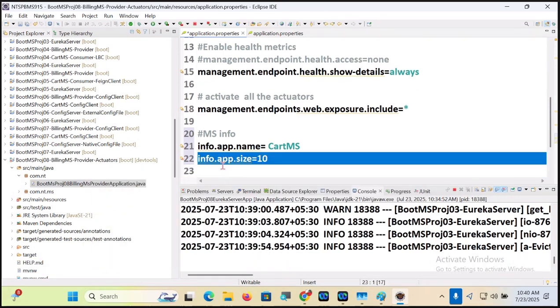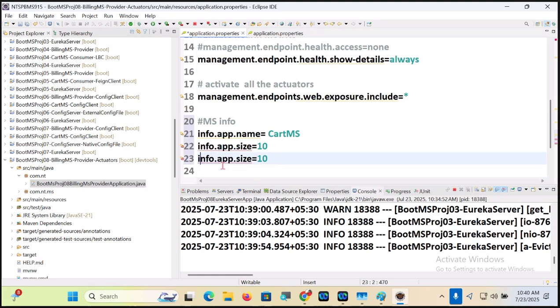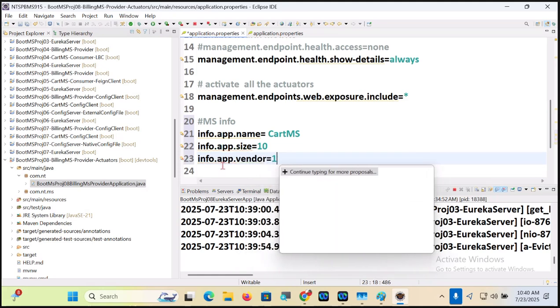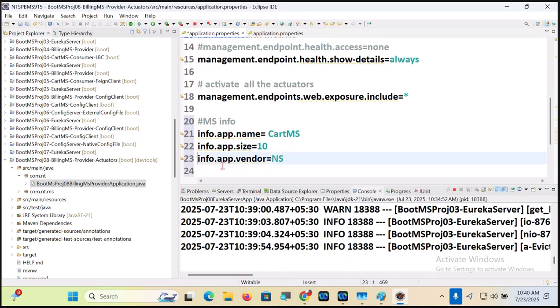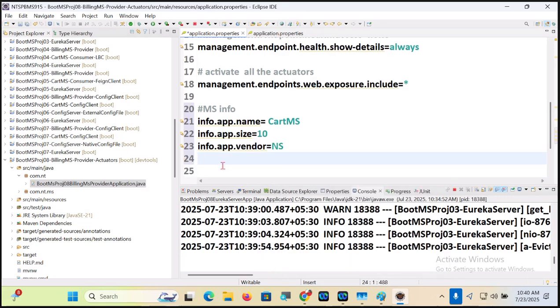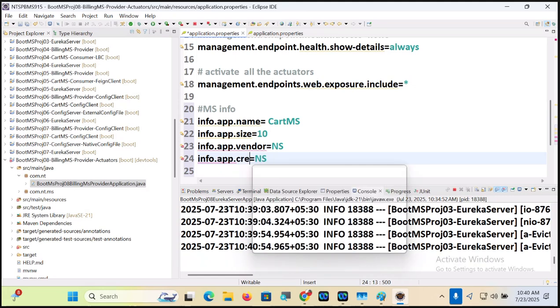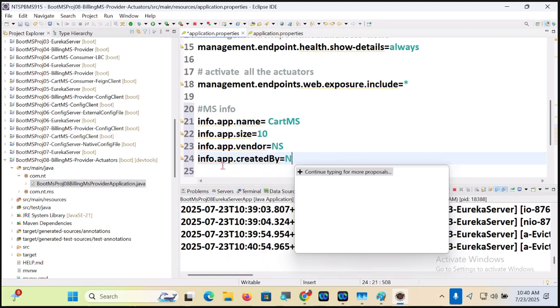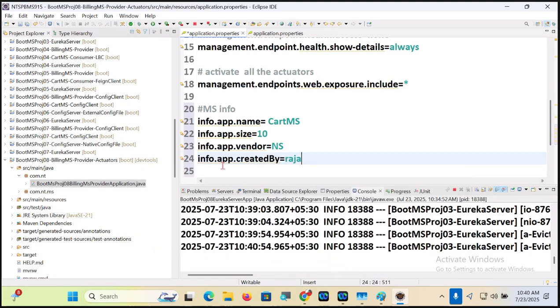Info dot app dot vendor: NS. Info dot app dot created by: Raja. Some information. Okay. Now,